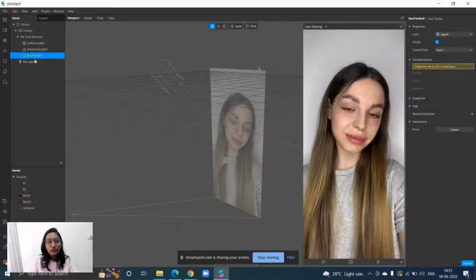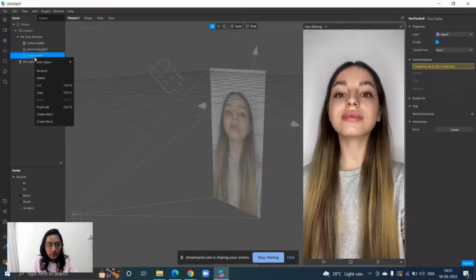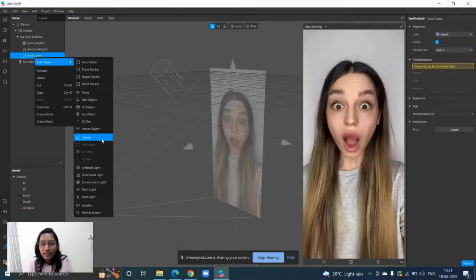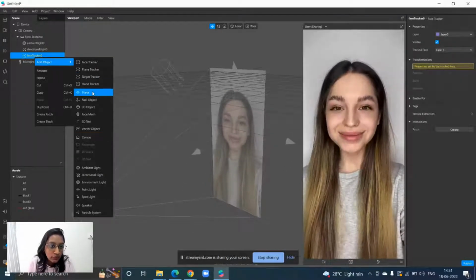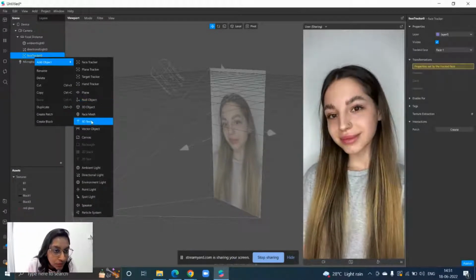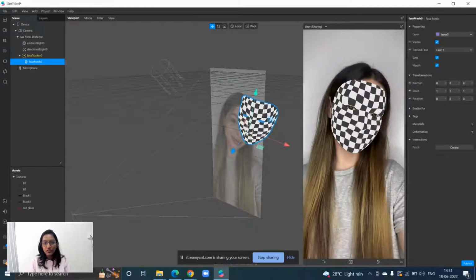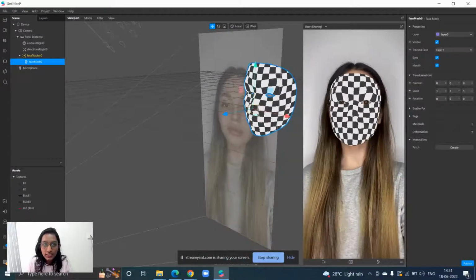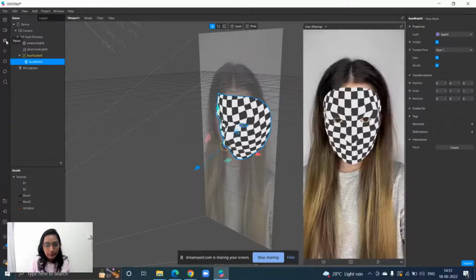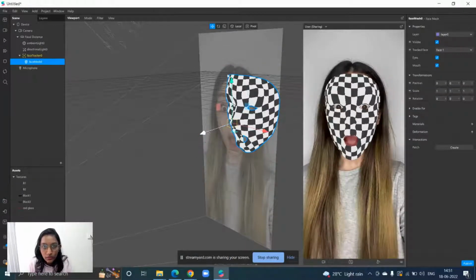Now inside the face tracker, we have to add another object. What object are we going to add? Before we add the spectacles, let me add this face mesh. What is this face mesh? A face mesh is a 3D object. As you can see, let me pause it for a moment. I was talking about position, rotation, and scaling. Once I add this face mesh,